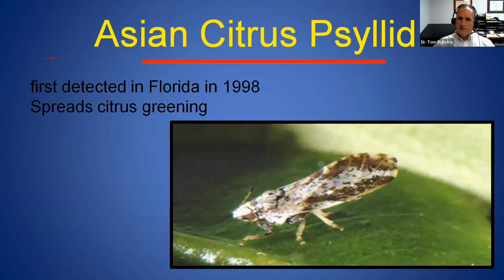They're still chewing insects. But now we've moved on to a sucking insect, and the Asian citrus psyllid is a true sucking insect. Once the plants, or the trees in this particular case, move down a health level, they'll start to attract more of the sucking insects, and then disease is more likely to be propagated. So the Asian citrus psyllid was attracted to the orange trees in 1998. Of course, it was present long before that, and it does spread citrus greening, which is a disease which is able to be spread in only the weakened trees.